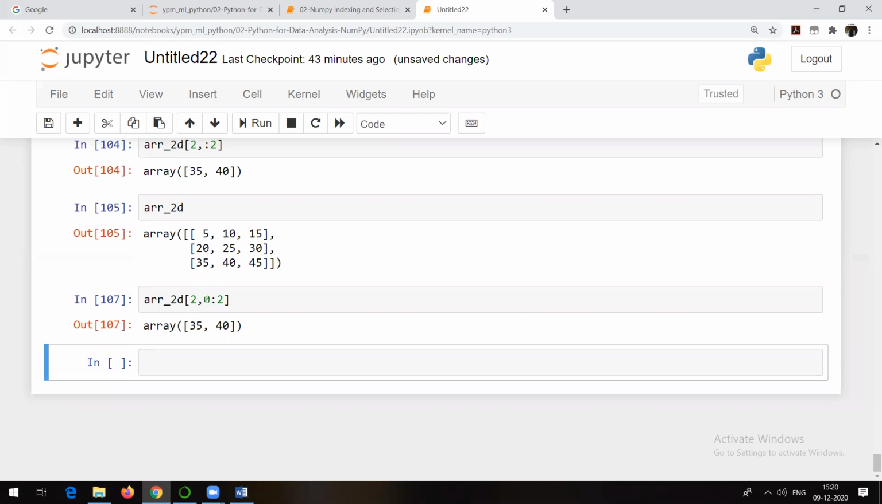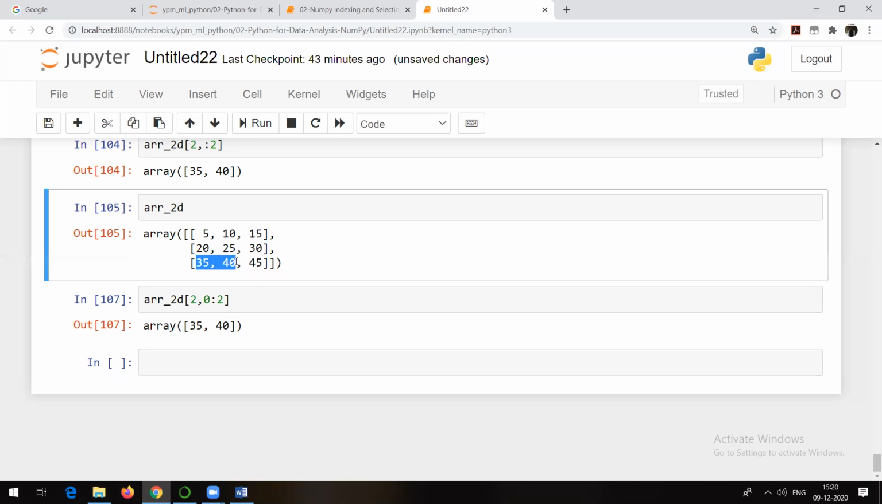Okay. So see, Sharon, my question was, I want to grab this one, 35, 40. So how to answer this kind of question? Just check which row it is. So first of all, check the row for your required elements. What is the row? Second row. And what is the column? 0th column, first column, and second column. So in which columns is it there? In these two columns. So we know that what we do is arr underscore 2D, we represent the row number here,